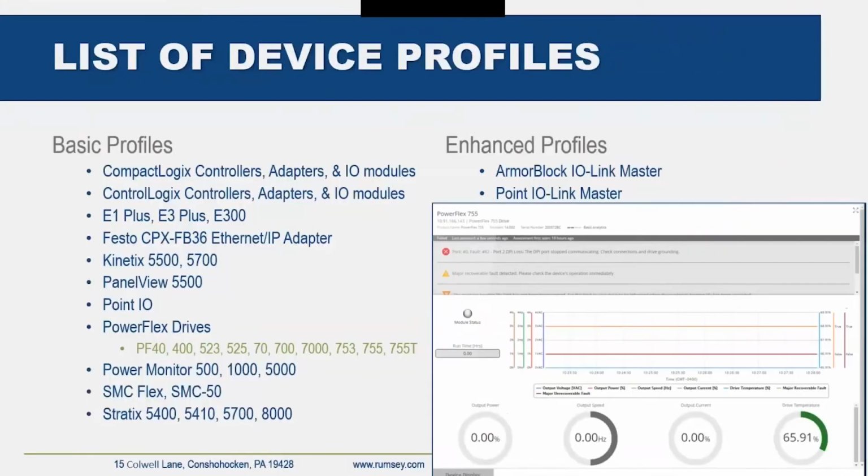And then here's a list of the profiles that are available today. And as you can see, most of them have a basic profile. And I'd like to just point out that the drives, the Logix PLCs, Stratix switches are among these, with more being added during each update. The IO Link master modules are the only ones so far that have an enhanced profile, which adds some additional analytics to help determine whether a sensor will need maintenance soon if it's becoming out of tolerance. And these were added in the latest update of the firmware